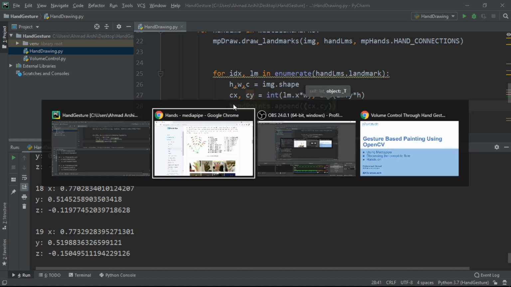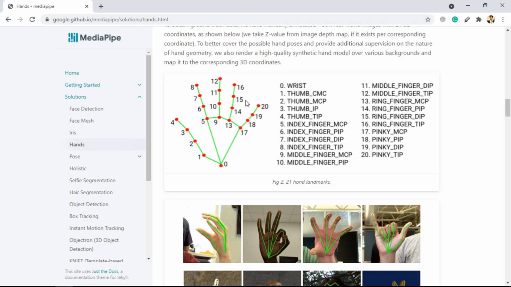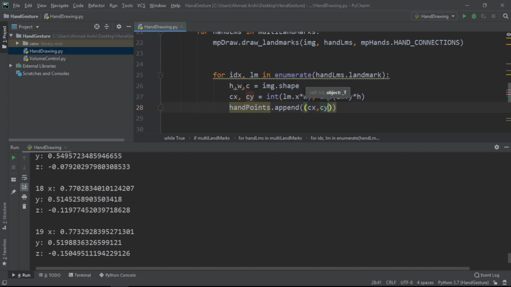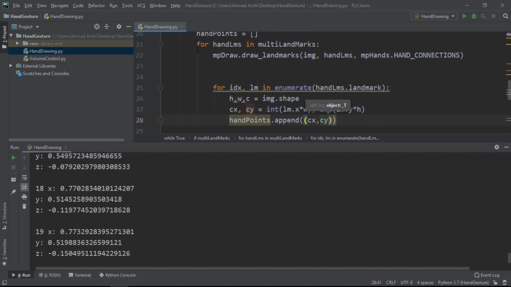Now, what this for loop is actually doing is providing us with the hand that it is detecting. So if there are two hands, for the first iteration it will provide the first hand, and for the next iteration it will provide the second hand. We are iterating on that hand, and for each hand we are looking for the landmarks and the ID.